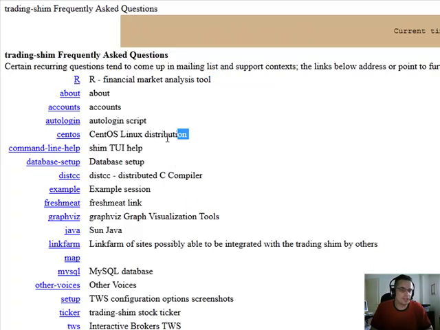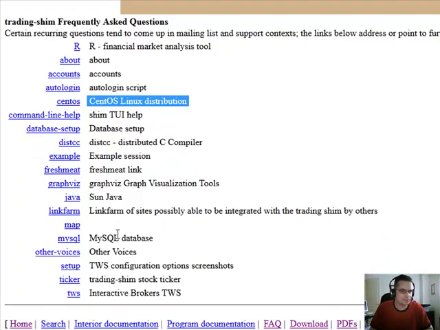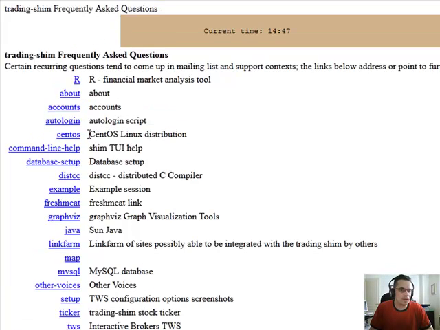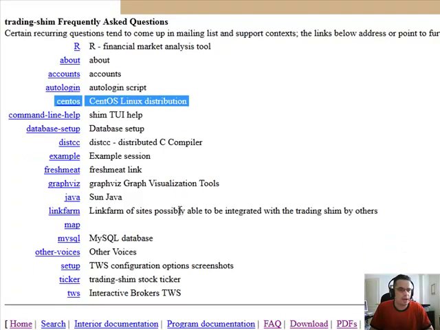So obviously this is done in CentOS Linux. Doesn't matter if it's Ubuntu. I'm still deciding between Ubuntu and CentOS. Most likely we'll stay with Ubuntu just for the package management, and Ubuntu is quite nice.